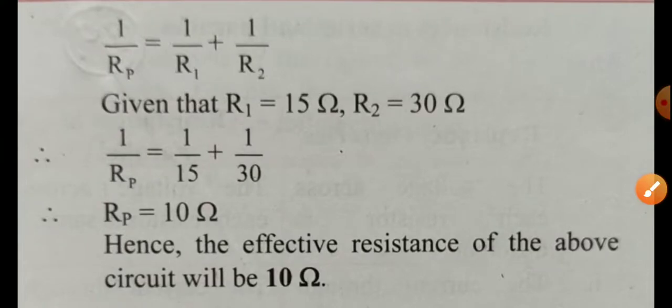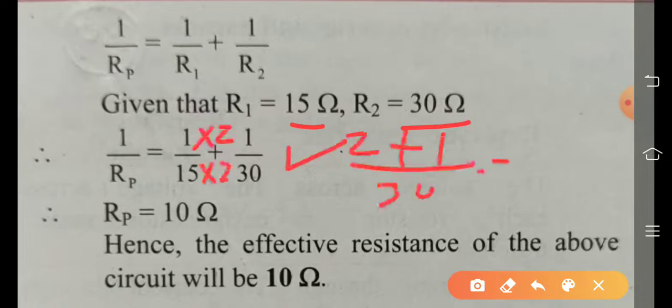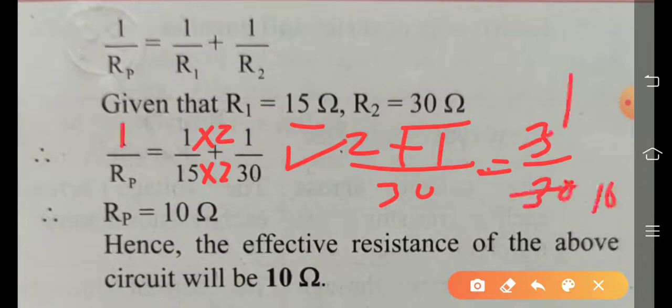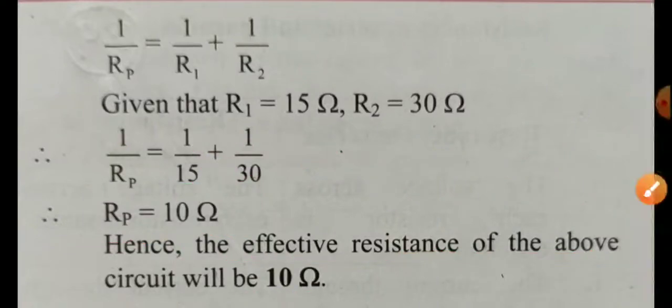So 1 upon Rp for parallel combination: 1 upon Rp equals 1 upon R1 plus 1 upon R2. Now the values given for resistance are 15 and 30 ohm. Substitute the values: 1 upon 15 plus 1 upon 30. After calculation, here multiplied by 2 to the 15, so 15 to the 30, here also multiplied by 2, so 2 plus 1 upon 30. So the answer is what? 3 upon 30. After invertendo, you do the cross multiplication: 3 ones are 3, 10 ones are 10. Left side is 1 upon Rp. Do the cross multiplication, so you get the answer Rp equals 10 ohm. At the last, write the answer in a proper sentence. Hence, the effective resistance of the above circuit will be 10 ohm. Next,